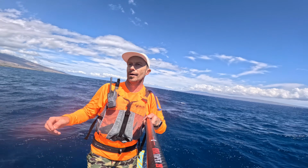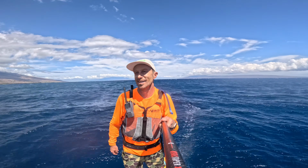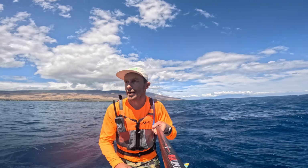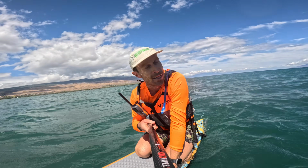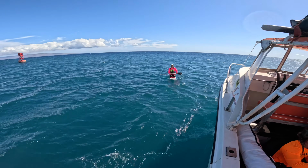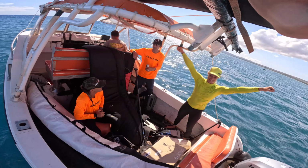So there's like 3 buoys here. I know the race ends at the red buoy. I can see at least 2 red buoys. I'm not exactly sure which one. Hopefully the furthest one out, but I'm going to try to pump to the furthest one in. See if we can make it. Alright, let's see. Oh, I just paddled, hit my foil, came down about 100 yards from it. That sucks. But we finished. That was so fun. So sick. So good. So good. I had one